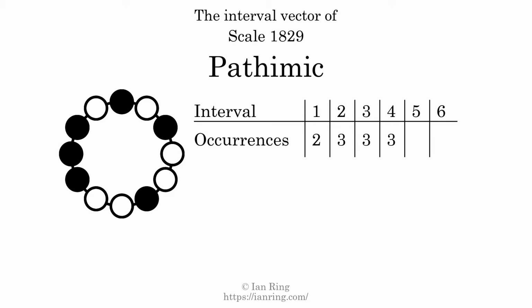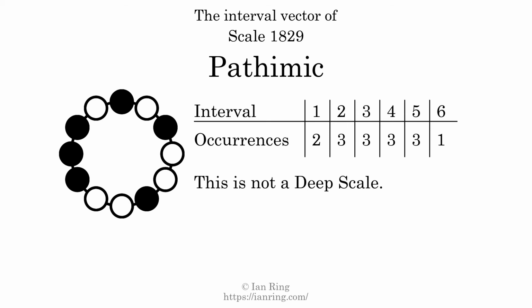There are 3 intervals with a size of 4 semitones. They are here, here, and here. There are 3 intervals with a size of 5 semitones. They are here, here, and here. There is 1 interval with a size of 6 semitones. It is here. Each interval does not appear in this scale a unique number of times, so this is not